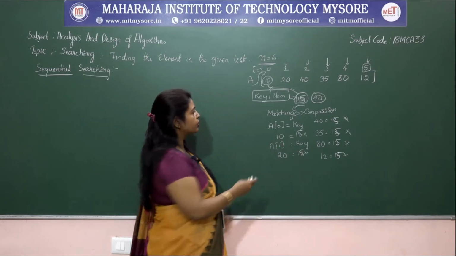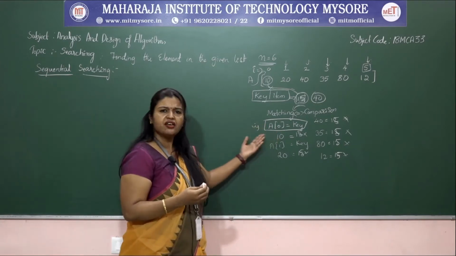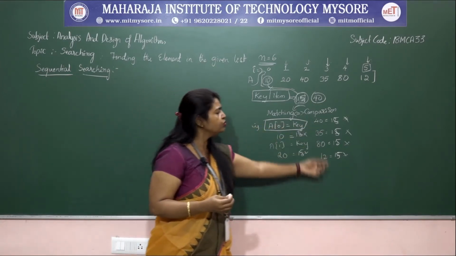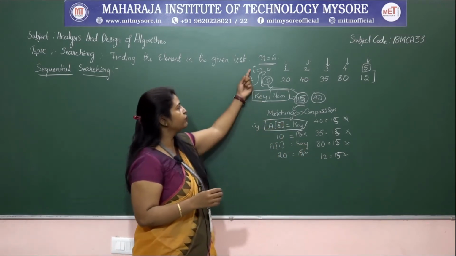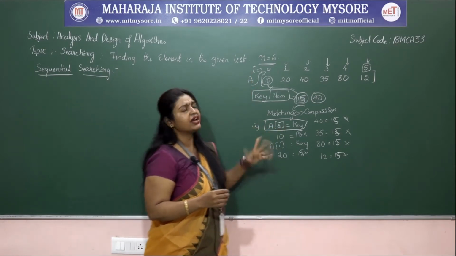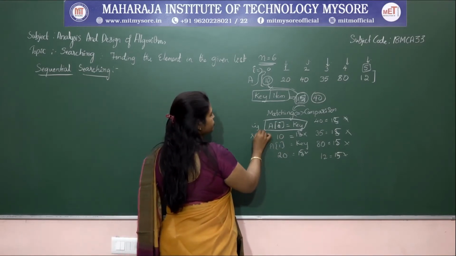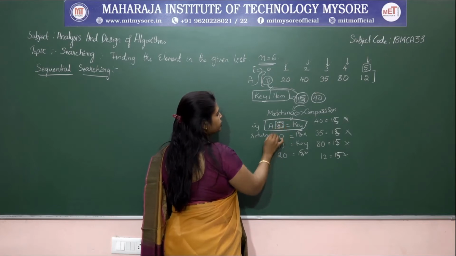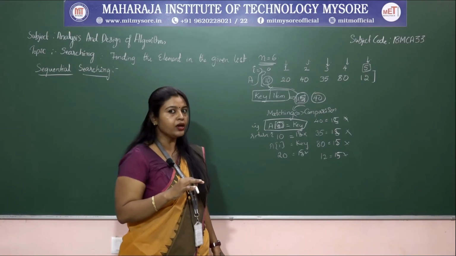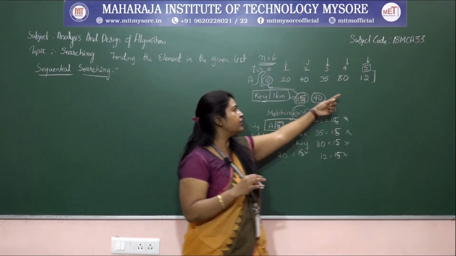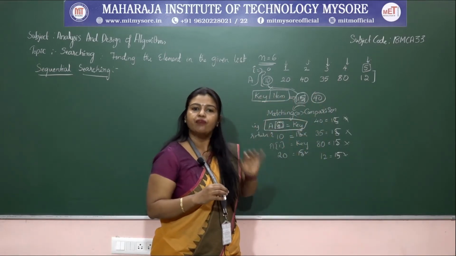Here we are doing one matching process, which is just an if condition. For positions 0, 1, 2, 3, that is nothing but the index value i. If you are accessing through the index i, then if A of i is equal to key, what are we going to do? We return that position where the element is present. In the fifth position, the element is found, by saying that.